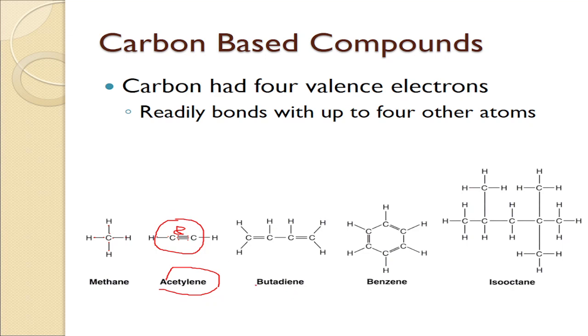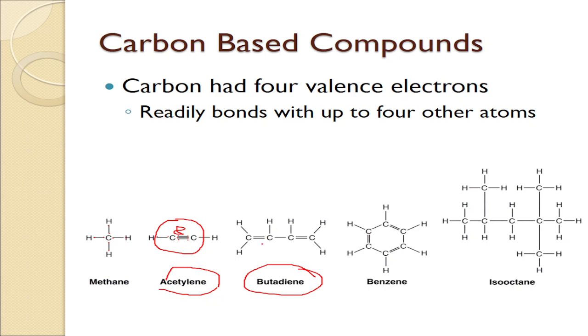So we have butadiene. I'm not sure if this is really its name, so you can check the internet if butadiene really exists. We have 4 carbons right here. We have 2 bonds right here, which we call a double bond. So 2 carbons can bond. Carbon can bond to itself using a double bond, triple bond, or a single bond.